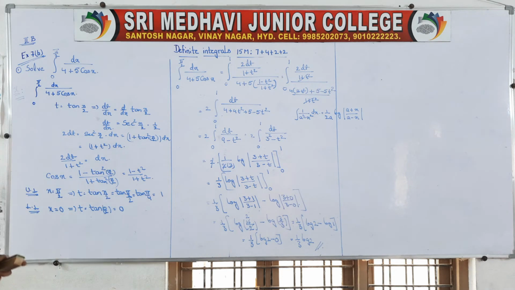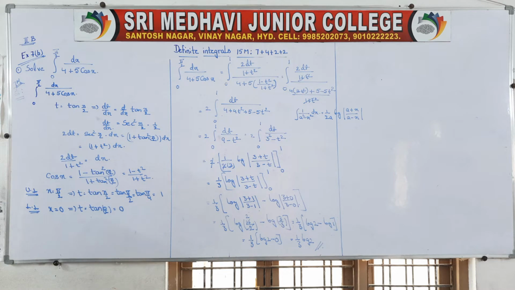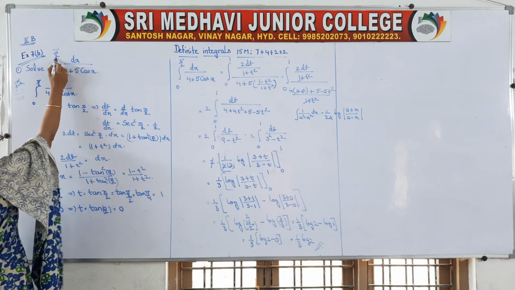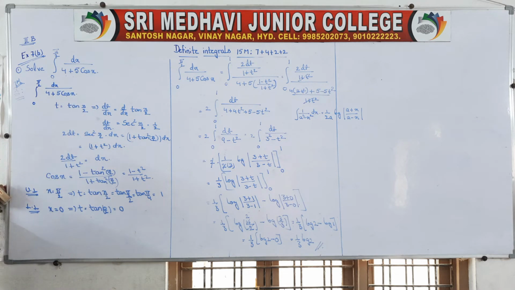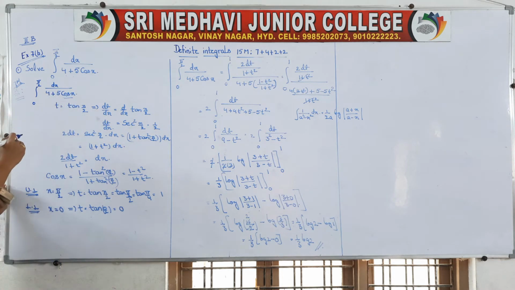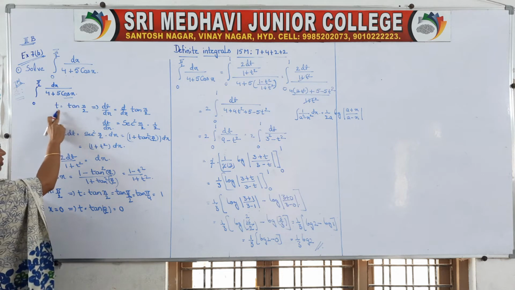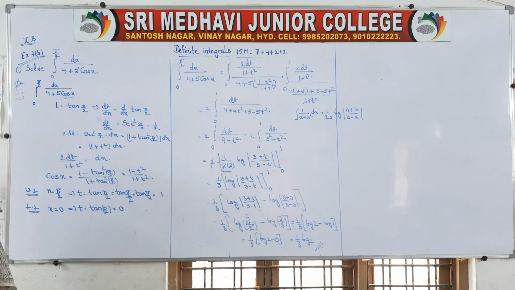Okay, so now observe, this is your problem, the 7 marks problem, most repeated 7 marks question from definite integrals. Integral 0 to pi by 2 dx by 4 plus 5 cos x. And downwards, suppose we are having cos x, or sin x, or both cos x and sin x, then in such cases we can take t is equal to tan x by 2. This is one of the methods in our integrals.